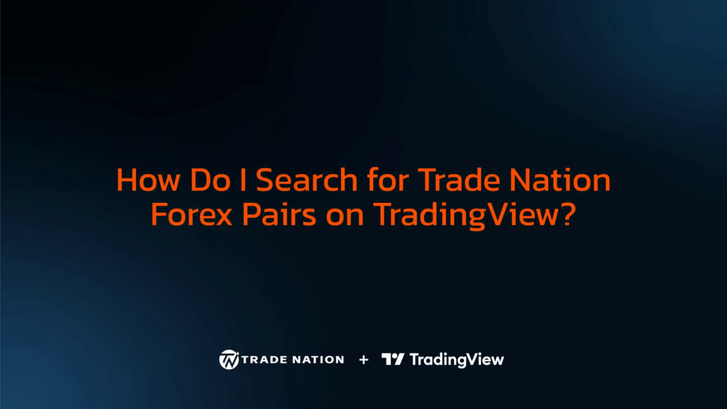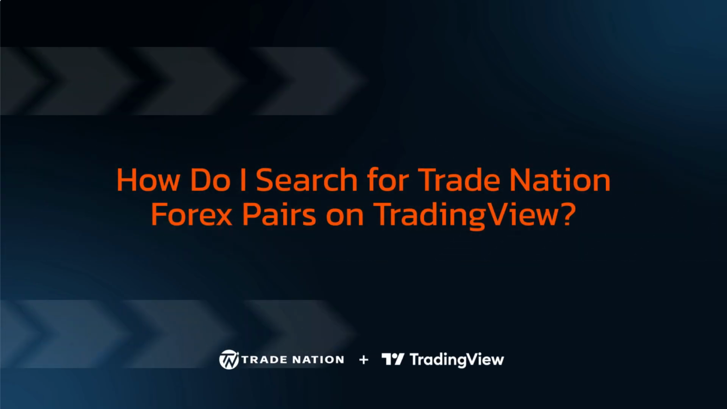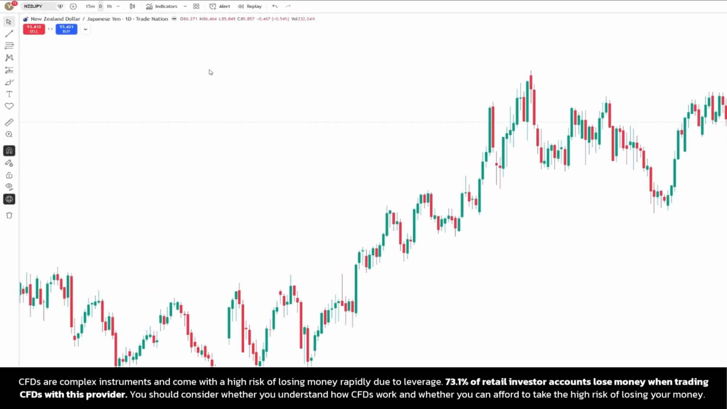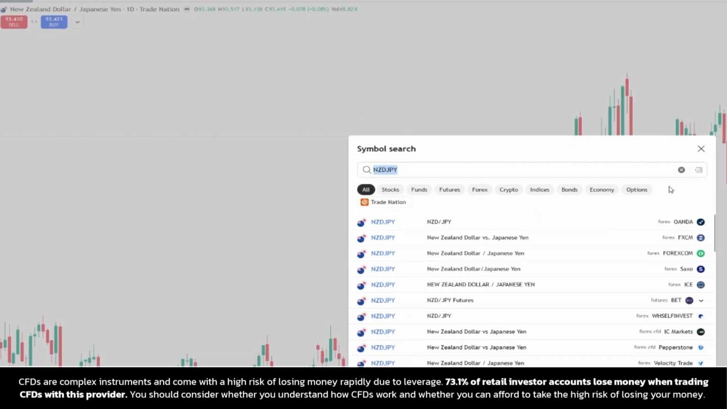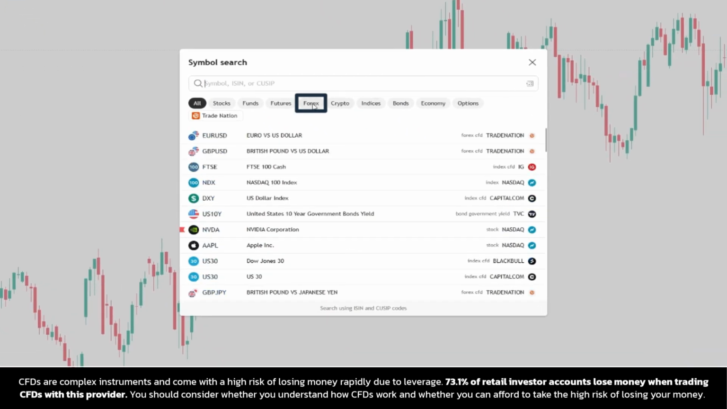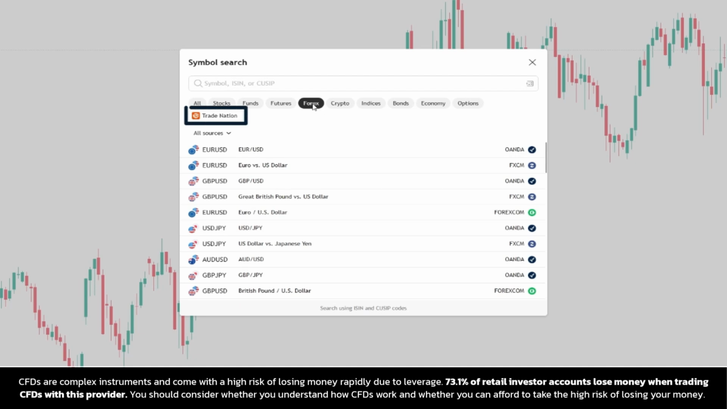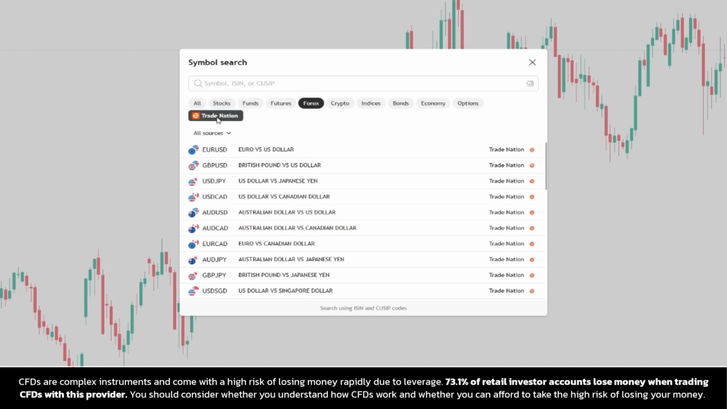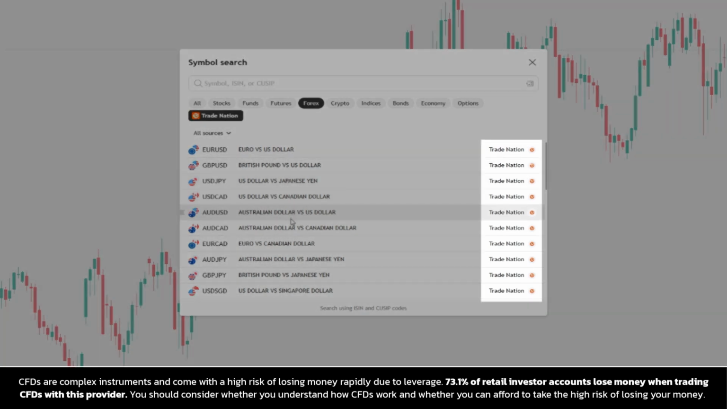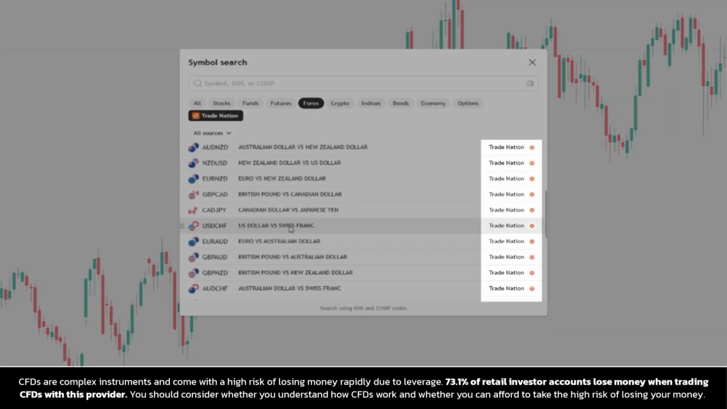Finding specific Forex pairs on TradingView is straightforward once you know where to narrow the list properly. Open the symbol search window from the chart, then switch to the Forex category. From there, use the filter or broker selection area to refine the results and choose Trade Nation as the source. Once that is applied, the list updates to show the Forex instruments available through that provider rather than every version